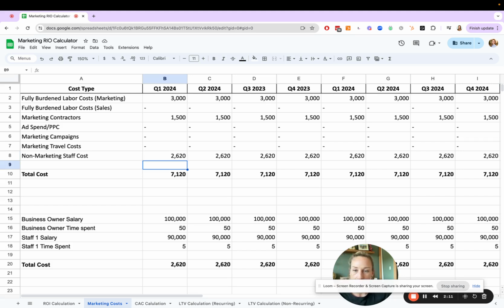This is a big one I see, where in a lot of small businesses, the owner is actually doing the sales. So we need to consider the owner's salary in terms of marketing costs and allocate some of that. And then same with delivery staff. I've had clients who have delivery staff, right? I have a client that